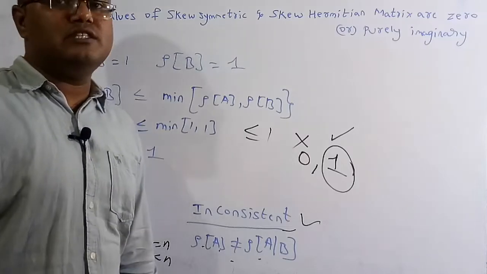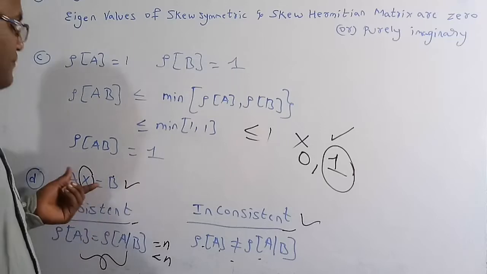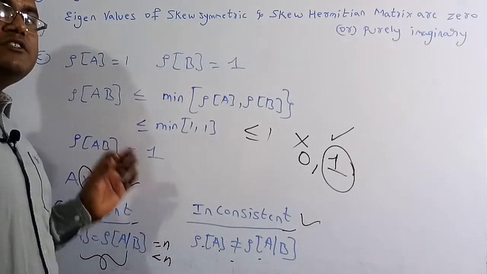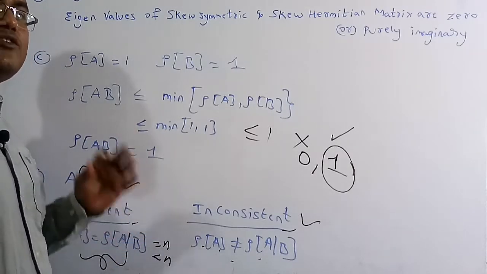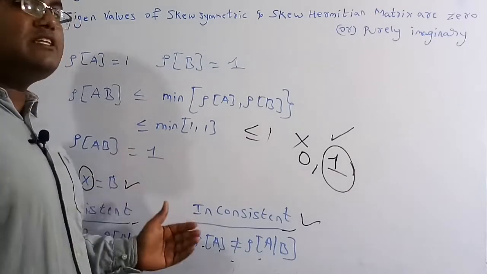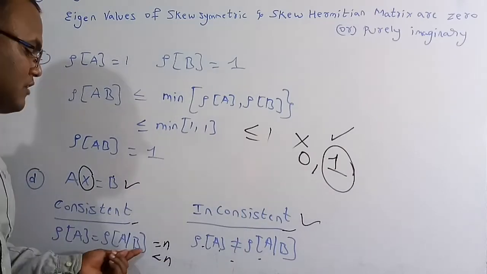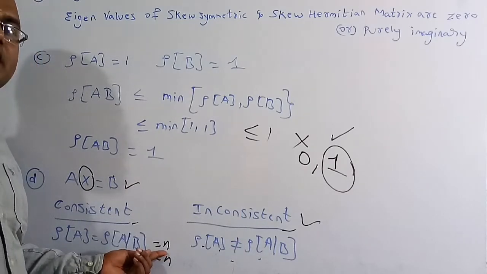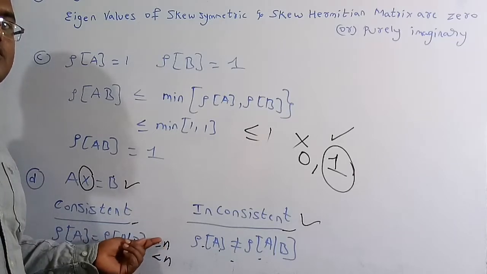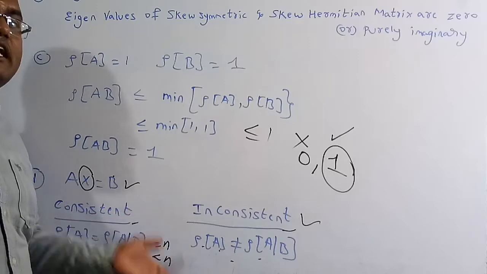these non-homogeneous equations. But in the question they are given wrong, so therefore we can say this Ax = B non-homogeneous equations will have a solution, or be consistent, only when the rank of A is equal to the rank of the augmented matrix. Inconsistent means the rank of A is not equal to the rank of the augmented matrix. If both are equal to the number of unknown variables, then we say there is a unique solution. But if it is less than the number of unknown variables, then we are going to get an infinite number